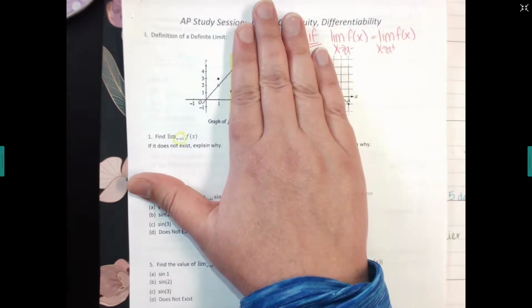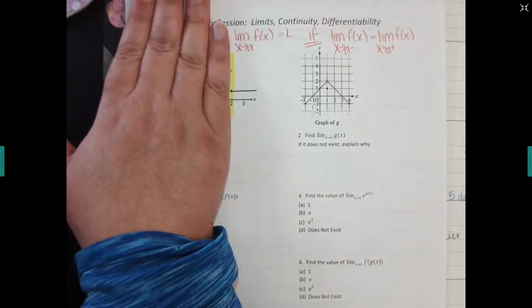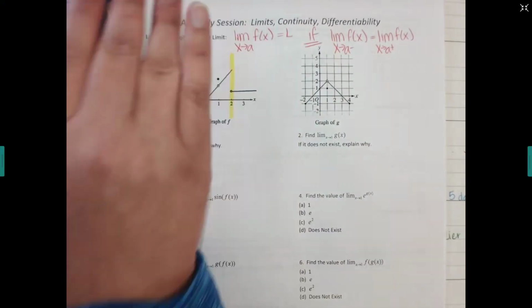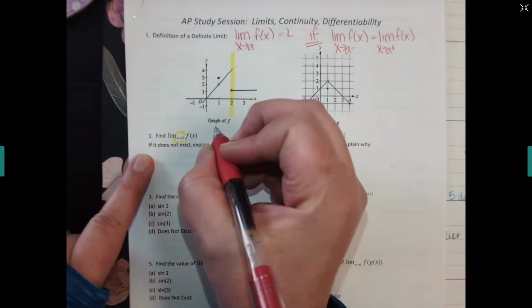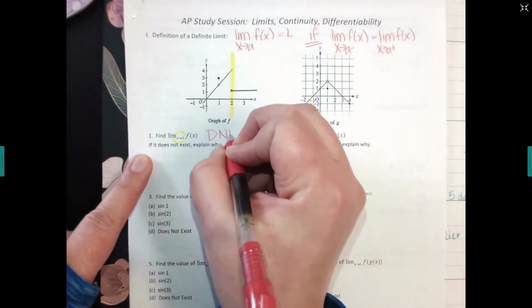4. And then I switch, I cover the other half. So that'd be this side. And as I trace in closer and closer to 2, what's my y value? 1. Then do they match? No. So you would put here, the limit DNE, does not exist,